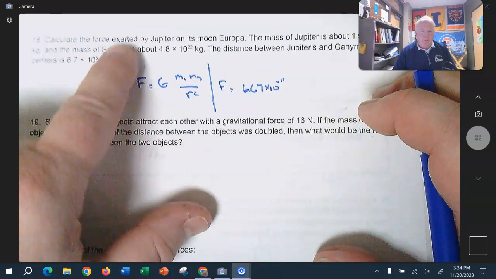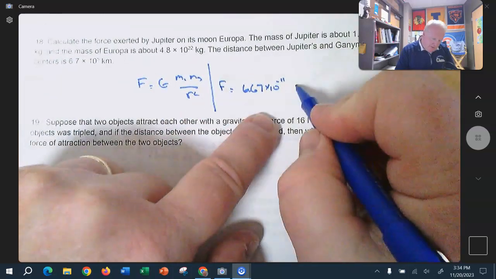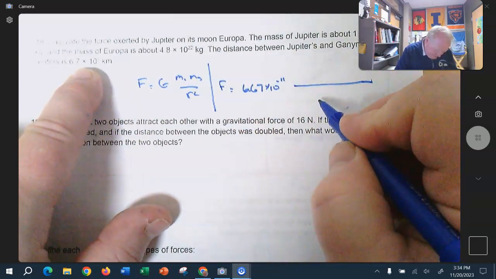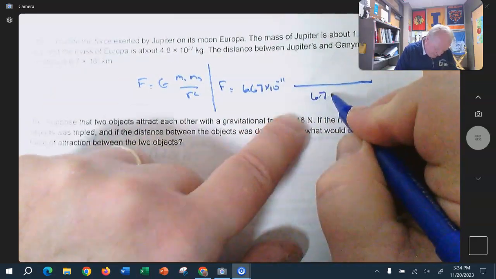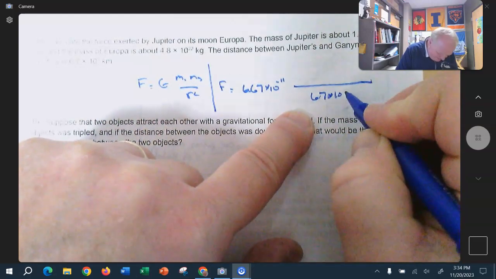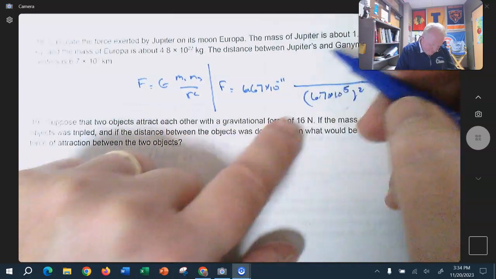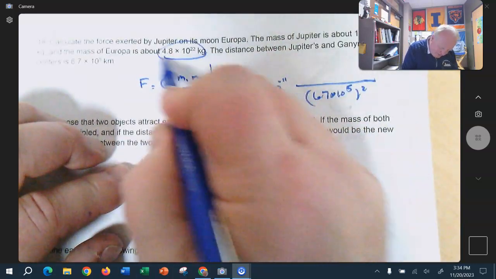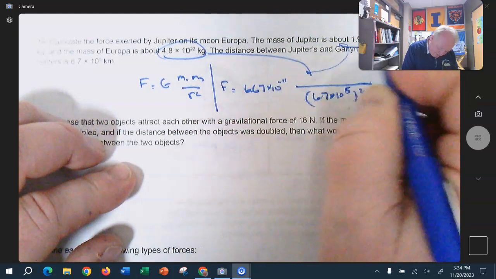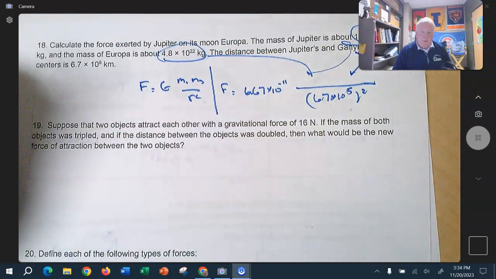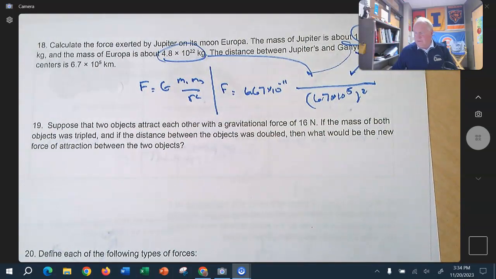And remember, we put the masses in. Whenever we put in the radius, or the distance between them, in this case 6.7 times 10 to the 5th, we need to square that. So this m right here goes in here, and this m right here goes in here. Then we've been working really hard on putting that into our calculator the correct way. So the answer I got for that force of gravity